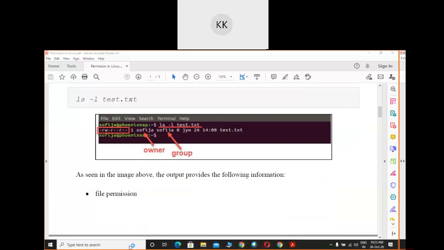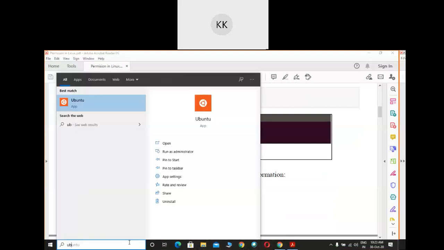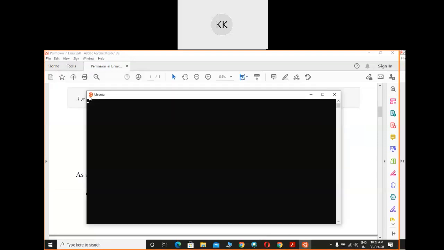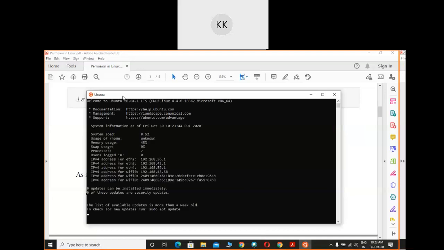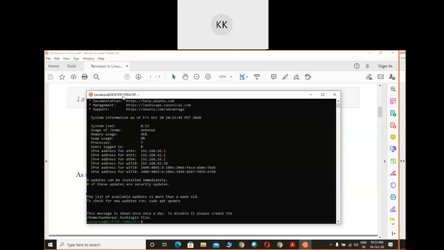So let me bring the Ubuntu terminal here. In today's class, this is a theory class, and in the afternoon from 1 to 2 you will have another practical class. The task for the practical class is, whatever commands I am showing right now, you have to practice all the commands, and you have to submit me the screenshot along with the command by today evening. So this is the task for the practical.